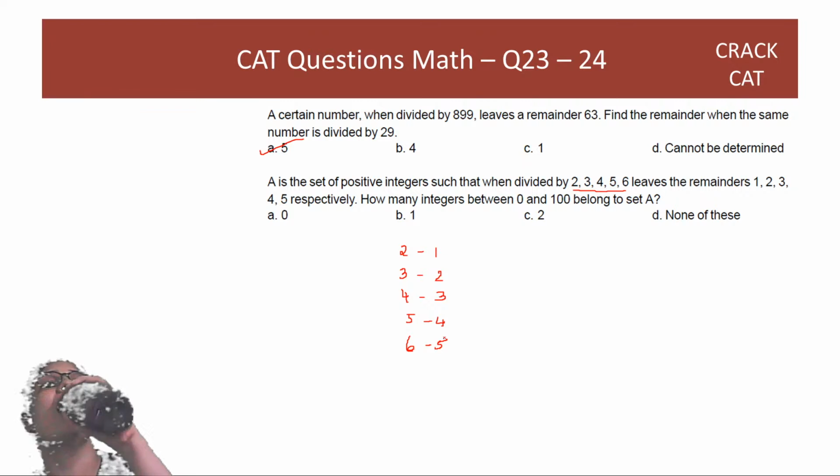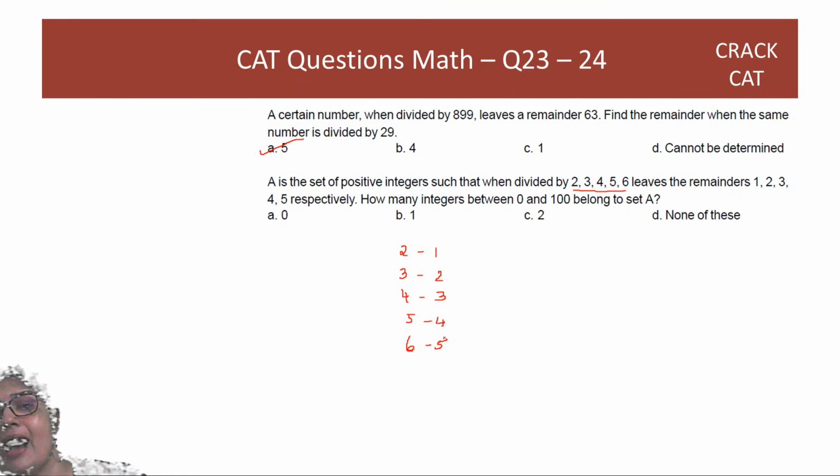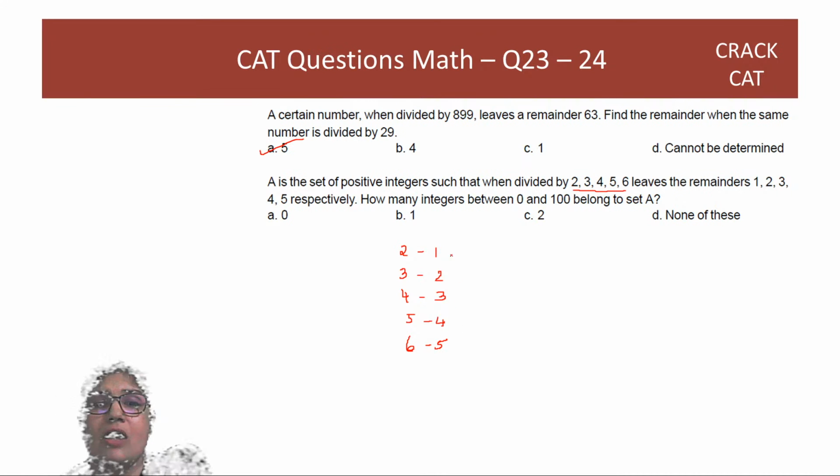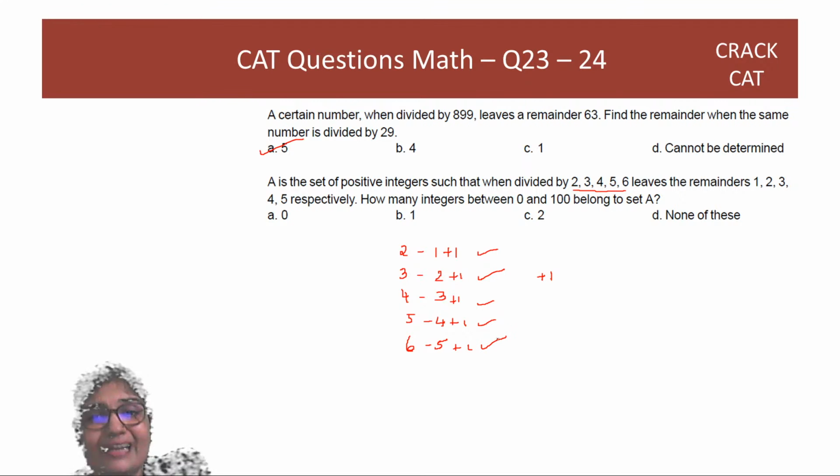But instead, I can see this as always one less. So if somebody gave me just one extra number, then I add 1 to here, this becomes a multiple of 2. I add 1 to here, it becomes a multiple of 3. I add 1, multiple of 4, add 1, multiple of 5. So it's basically one less from a multiple of 2, 3, 4, 5 and 6.